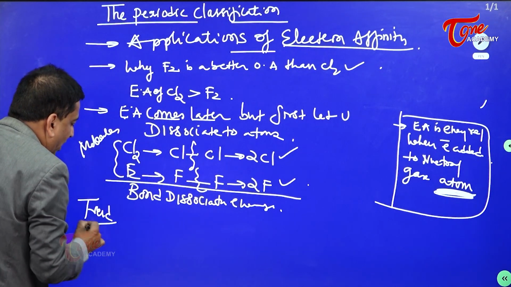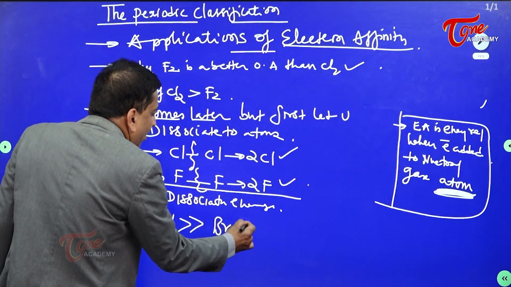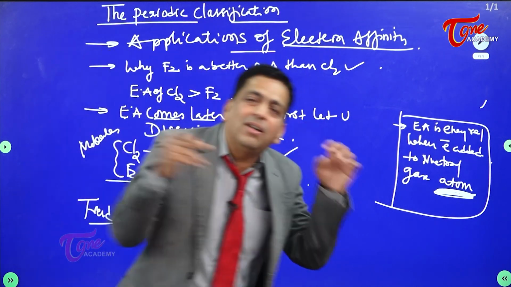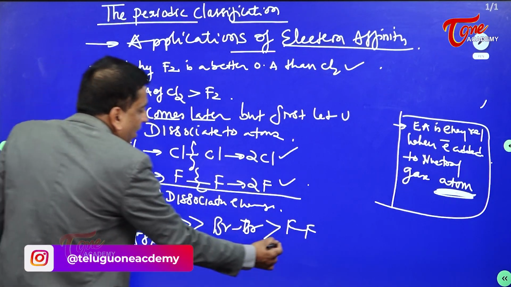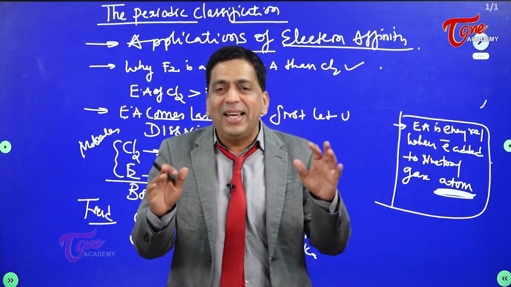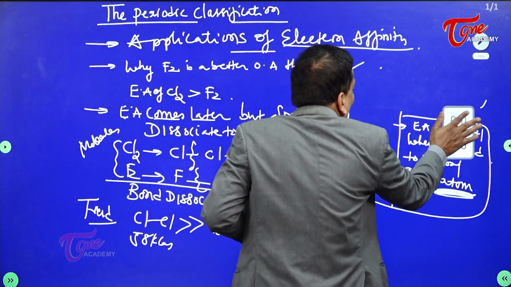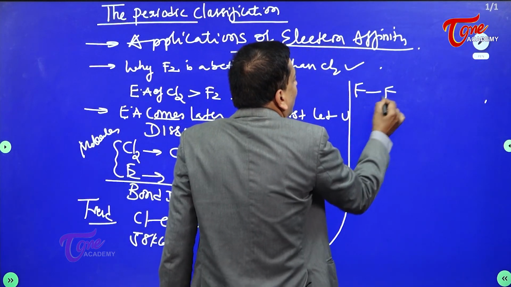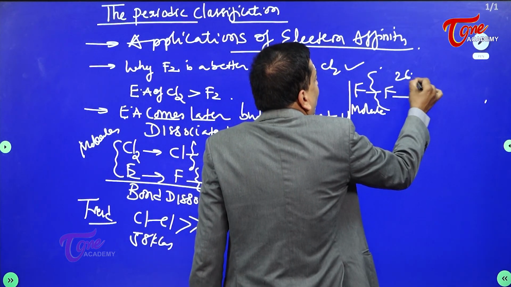trend, well, look into this. Chlorine has the highest, compared to even bromine. Compared to even fluorine, you must understand that fluorine is kicked to the third place. And if I remember, this is somewhere around 58 kilocalories and this comes to 26 kilocalories. So you have the least bond dissociation energy for fluorine. So what fluorine is doing basically is, first of all, since it is a molecule, it is breaking itself into atoms because you require only 26.5,